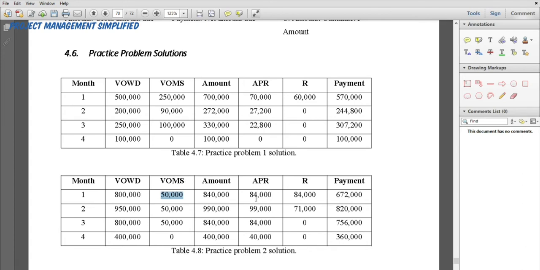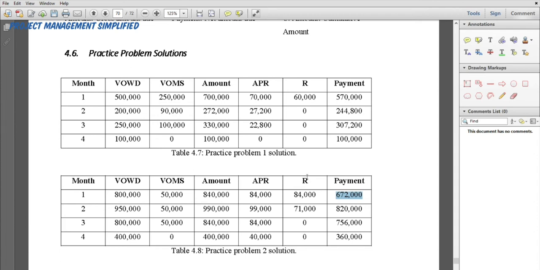The APR, which is advance payment recovery, will be 10% of this one, and this one again 10% of this one. So the total payment will be this amount after deduction of this one and this one. We will get this amount here. Okay, so now again the same thing applies for the second month, no problem. But once we are doing our calculations, you have to watch out for these two things, because